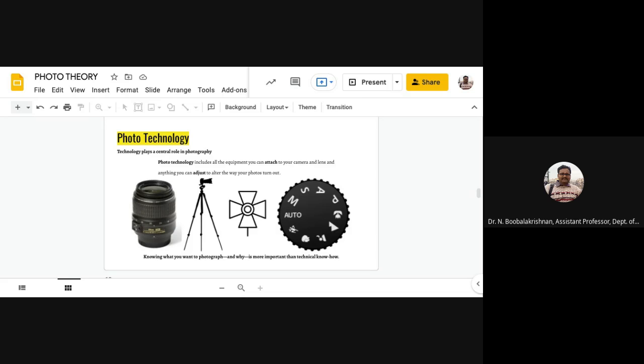So here at the end, what we can conclude is knowing what you want to photograph and why is more important than technical know-how. Knowing what you photograph and why to photograph is more important than the technical know-how. Technicalities, once you have a solid understanding of this technology, will free you. But this comes by training, by practice, by the combination of various technicalities. This will be learned very easily, technical know-how. So the progression of photography